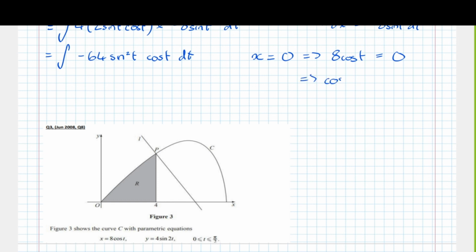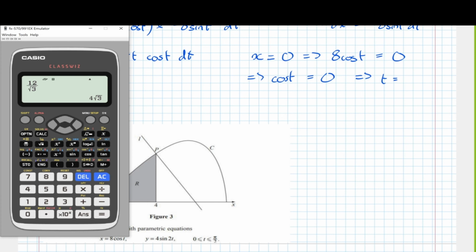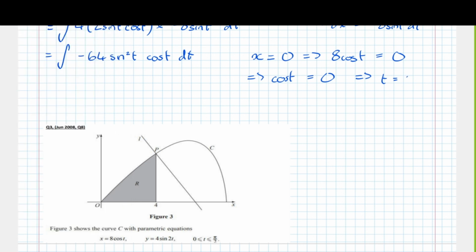Which means that cos t equals 0, which means that t equals... save a bit of space... cos t equals 0, which means that t equals, so the arc cos of 0 is pi over 2. The lower limit is pi over 2. Upper limit,